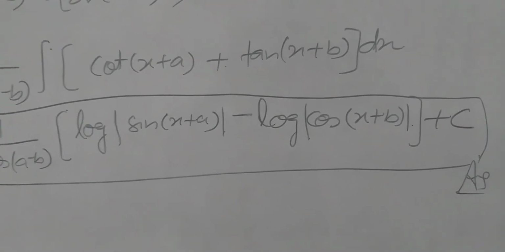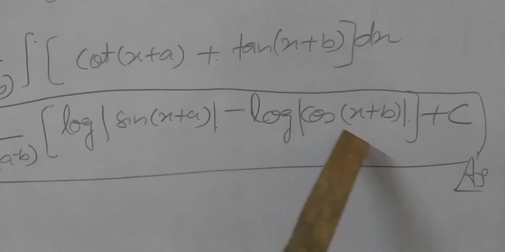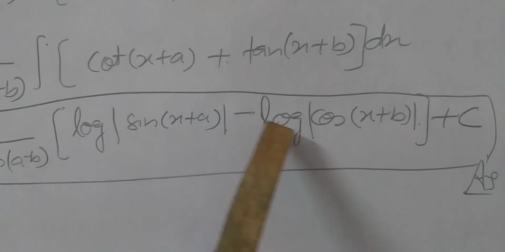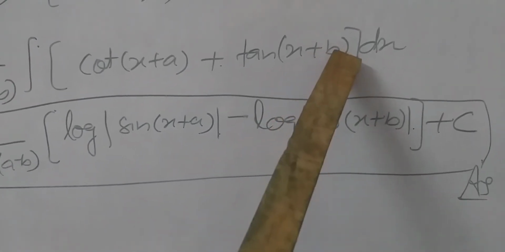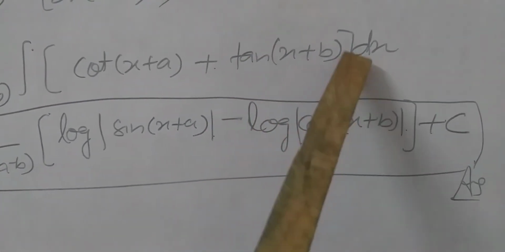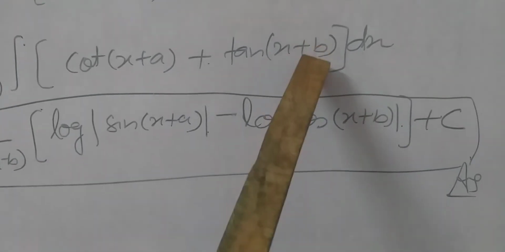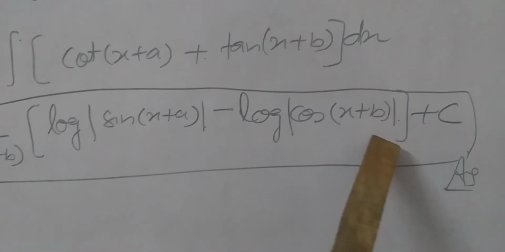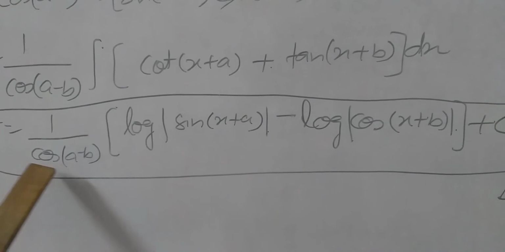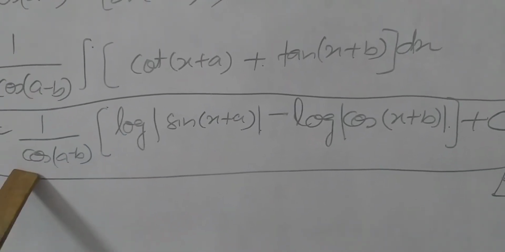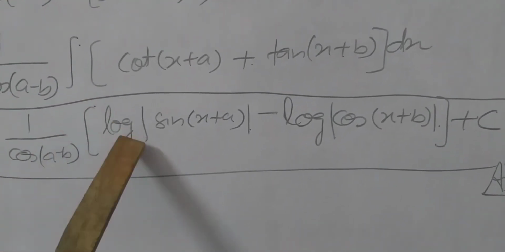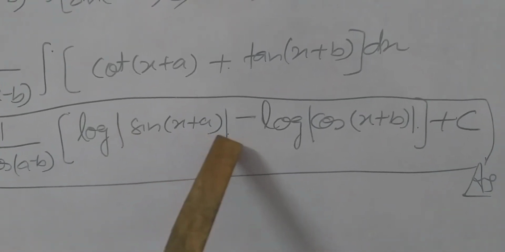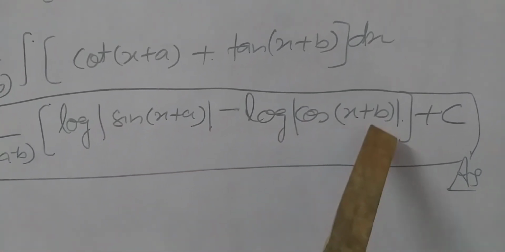Both are correct, so I am going to write log cos x. So minus log cos x, and in place of x we write x plus b. So the answer is 1 upon cos a minus b times log sin x plus a minus log cos x plus b